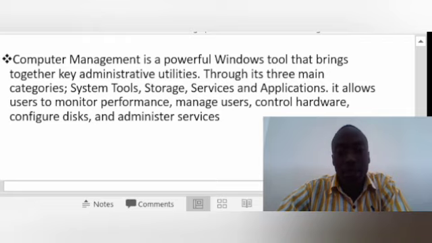I'll be taking you through the conclusion of our project about computer management. We have come to see that computer management is a powerful Windows tool that brings together key administrative utilities, where we have come to see the three main categories: the system tools, the